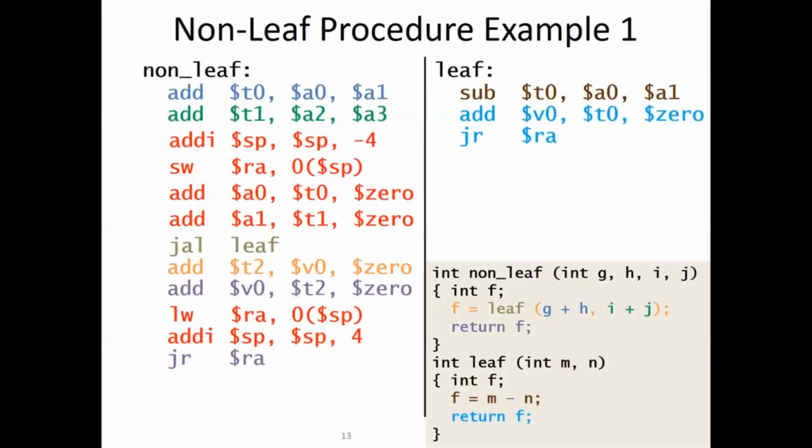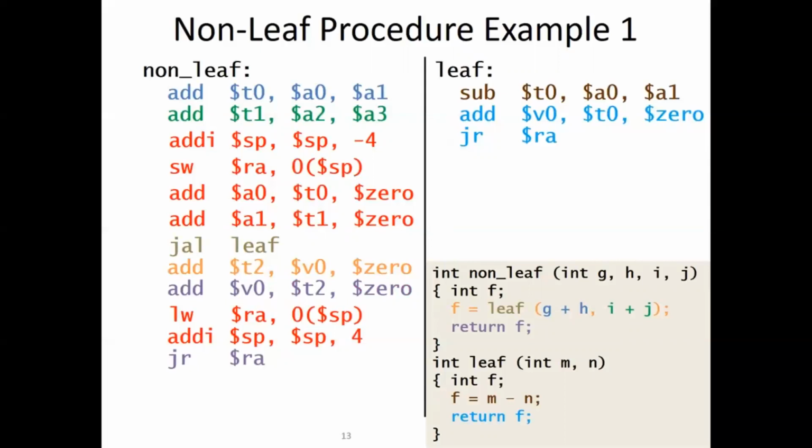Here is a MIPS implementation of the two procedures. Note that the non-leaf procedure now adjusts the stack pointer and saves the return address to it by using store word of the $RA register to a stack location. The non-leaf procedure also puts the procedure arguments for the subprogram into the $A0 and $A1 registers before making the